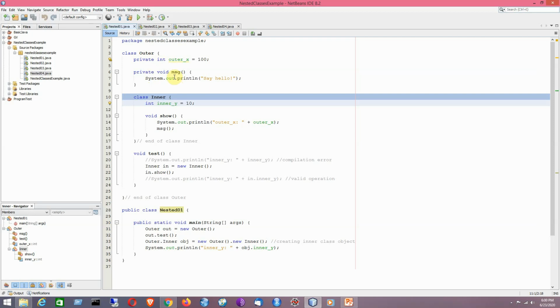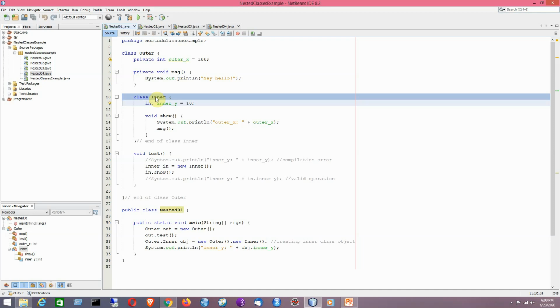It is quite similar to that of instance methods and instance fields of a class. It can also be considered as a member inner class, since it is placed at the same level as that of the field and the method of a particular class. It is termed as a member inner class. Also, because an inner class is associated with an instance, it cannot define any static member itself. Objects that are instances of an inner class exist within an instance of the outer class. So that is the most important thing to consider, that you will see a little bit later.